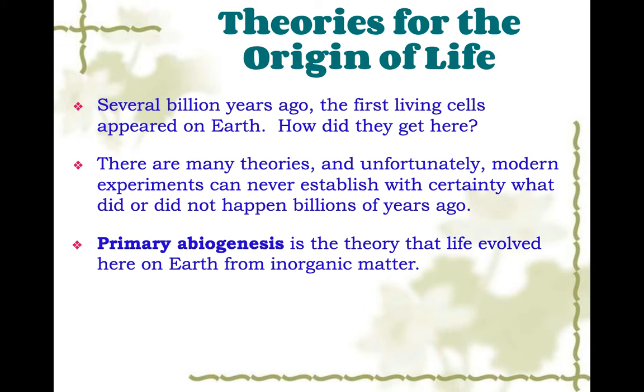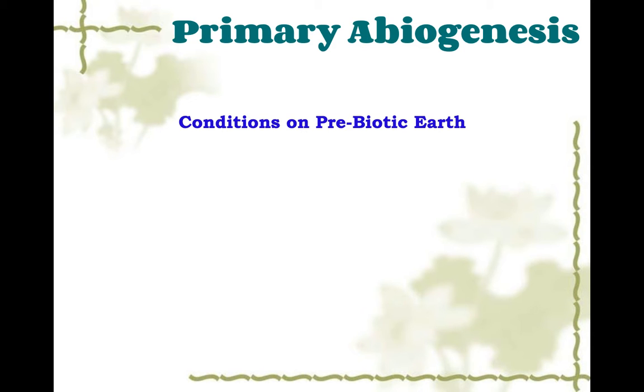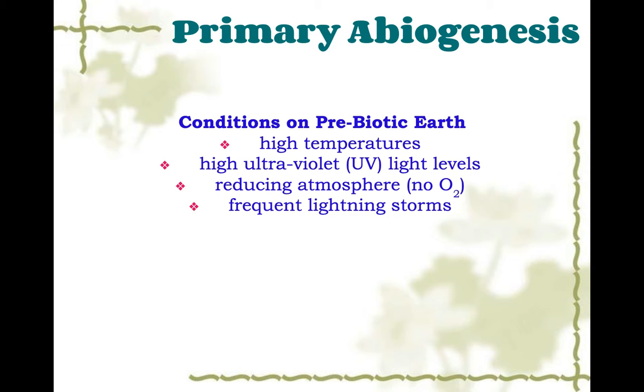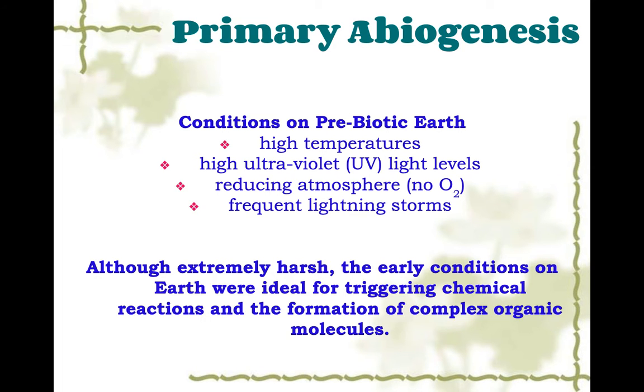So, one theory is primary abiogenesis, and this is the theory that life evolved here on Earth from inorganic matter. On prebiotic Earth, there were high temperatures, high UV light levels, a reducing atmosphere, so there was no oxygen, and frequent lightning storms. Although these conditions are extremely harsh, they're actually ideal for triggering chemical reactions and the formation of complex organic